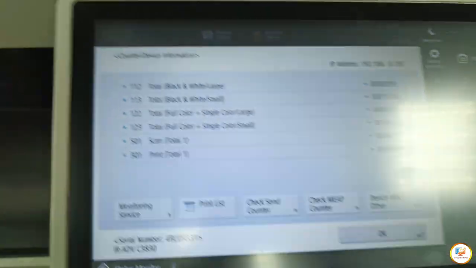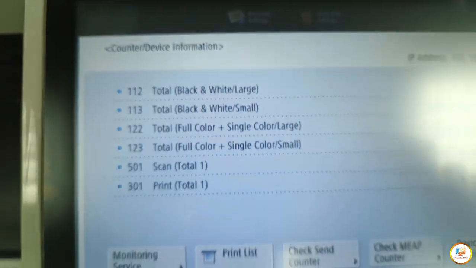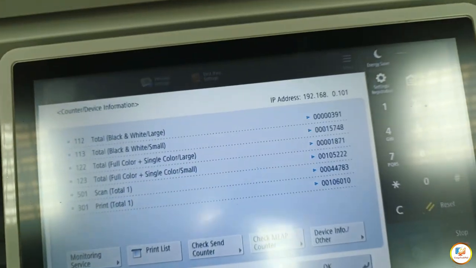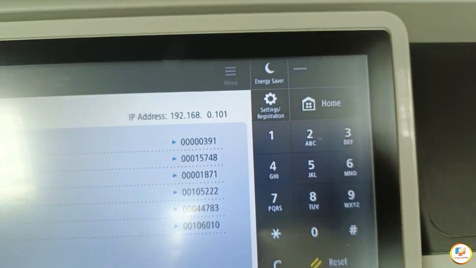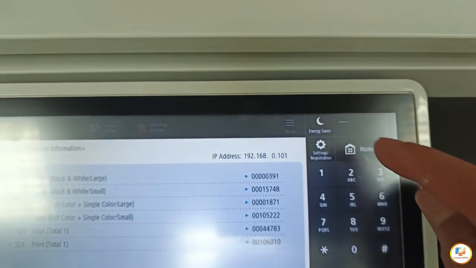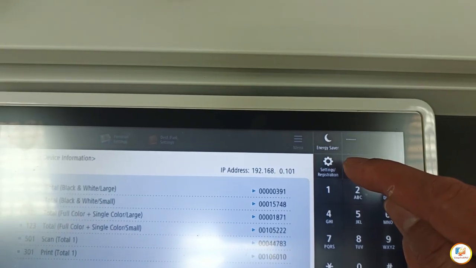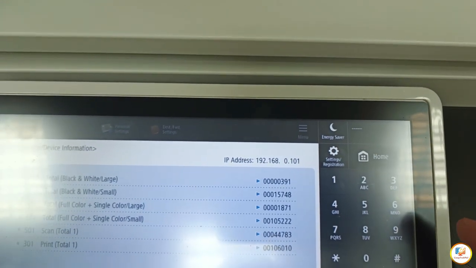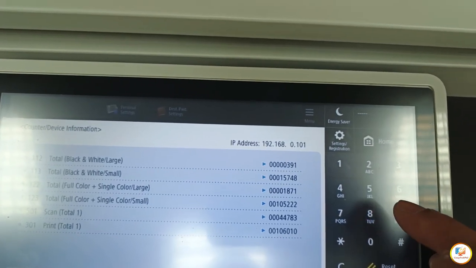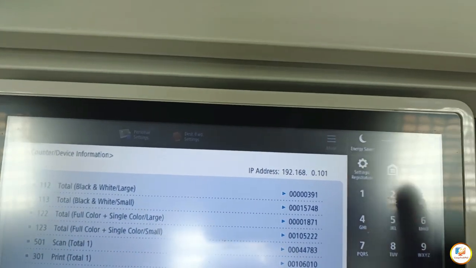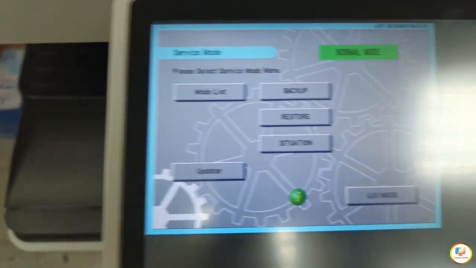Then it will show counter device information. After that, tap the settings slash registration icon, followed by 2 and 8, then settings slash registration again. As we can see, we are now in the service mode.